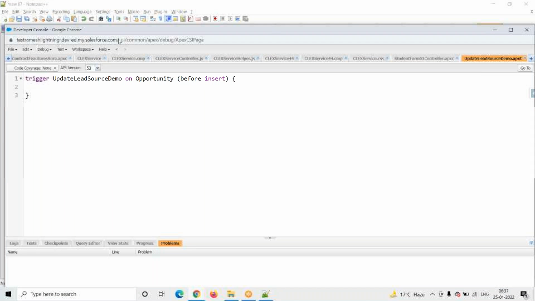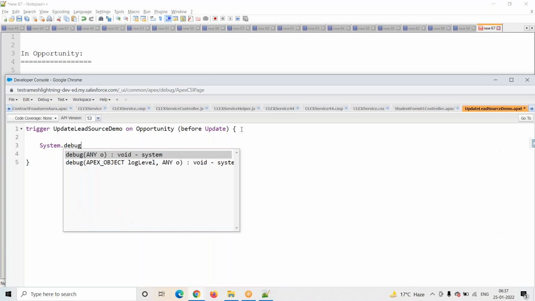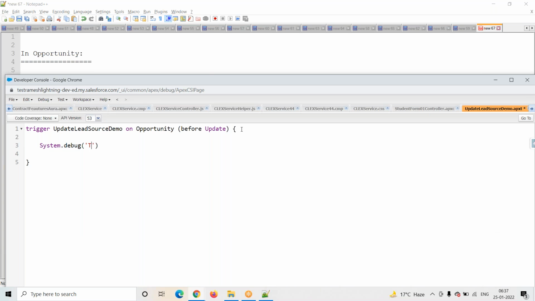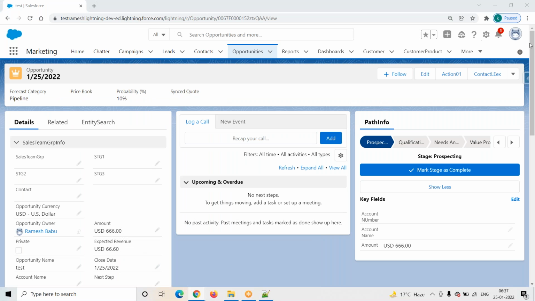Here you have to observe that it automatically shows before insert only. We have to change it to before update operation. Now I will print system.debug of trigger.new. This is for our understanding purpose. Now I will go and activate the debug logs.